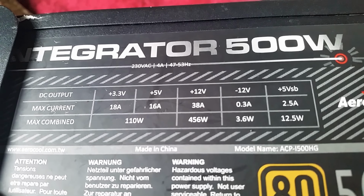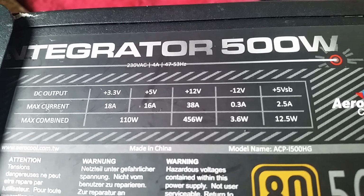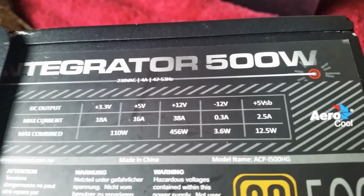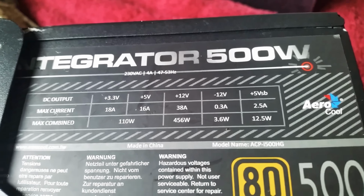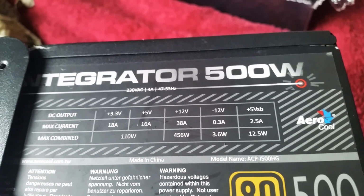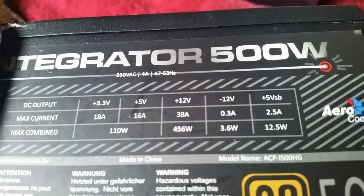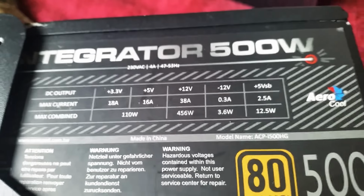You know, if this was a really old build, this power supply would be no good, because the older builds need a good solid 5-volt power rail. It's not all about the 12-volt with the old builds, it's the 5-volt. The old power supplies, the no-frills ones, were tailored for the older motherboards, the Z87s and under, that required a good 5-volt amperage, plenty of amps. And this one, at 5 volts, it's only got 16 amps. Anyway,